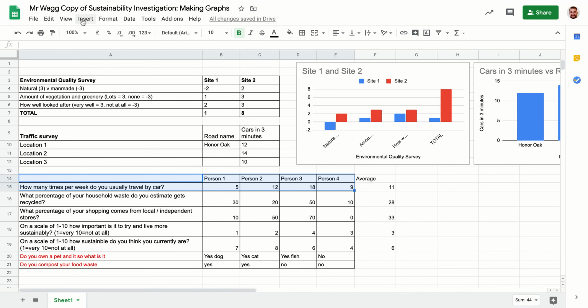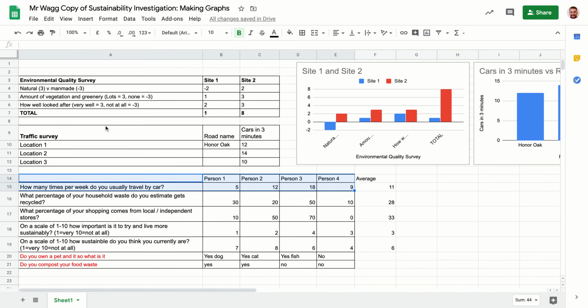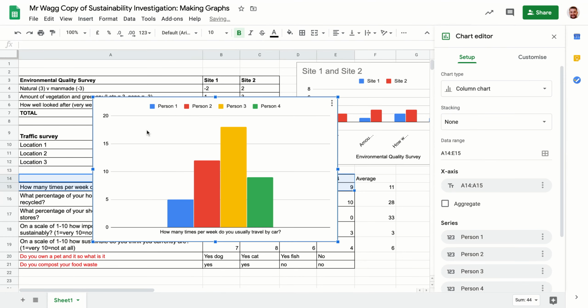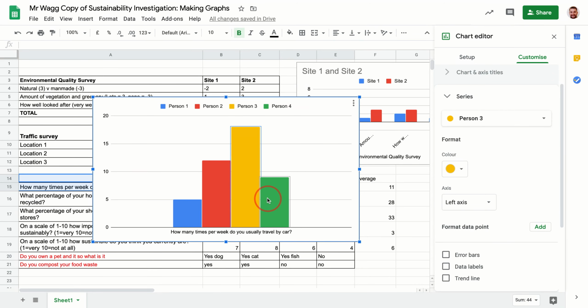I can click on insert. I can click on chart. And again, Google's going to do its magic and produce for me. There we go. A chart to show that. Okay. So here it's got person on the top, person 1, 2, 3, 4, and their scores. Now, that looks all right, but